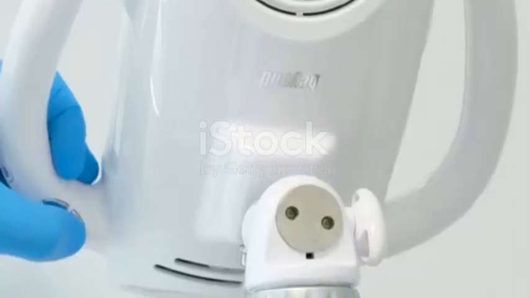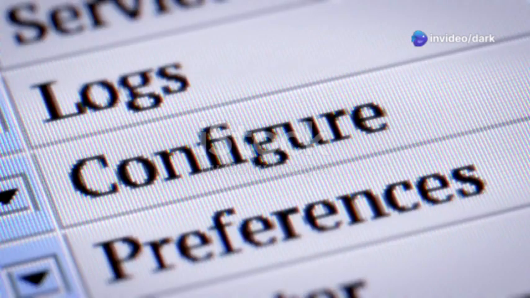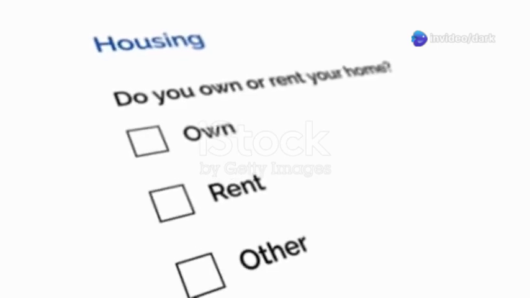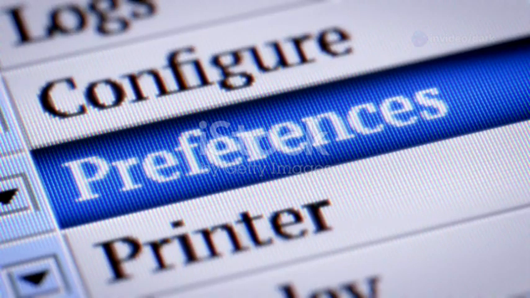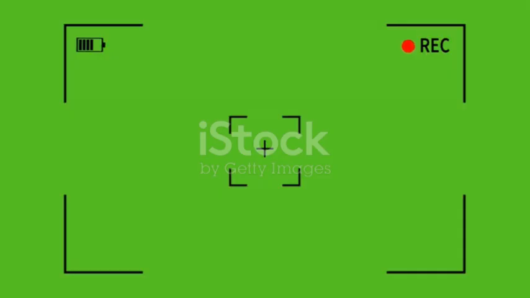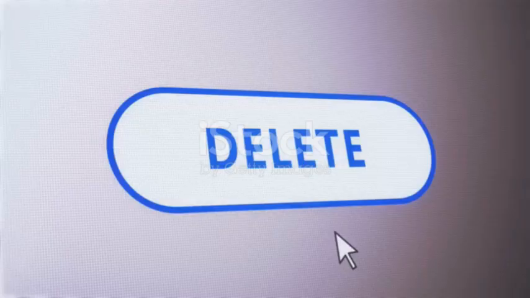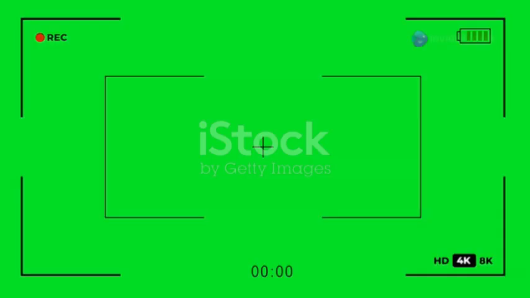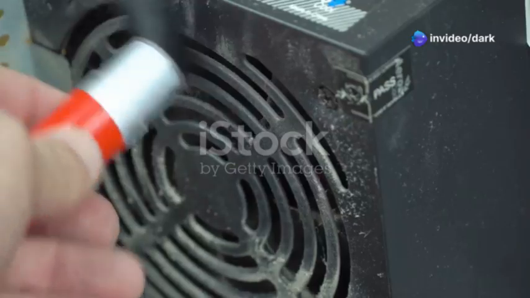That's right, you can set your Mac to automatically optimize storage and memory in the background, so you don't have to lift a finger. To enable this feature, head back to the Storage tab and About This Mac. See that little checkbox at the bottom that says, Optimize Storage? Go ahead and check that box. Now your Mac will automatically remove watched iTunes movies, old email attachments, and other files you don't need, freeing up